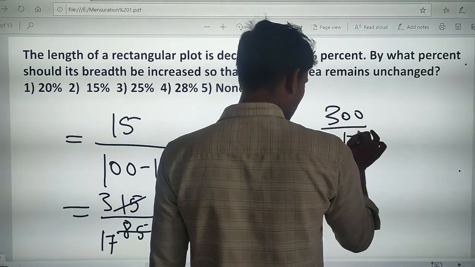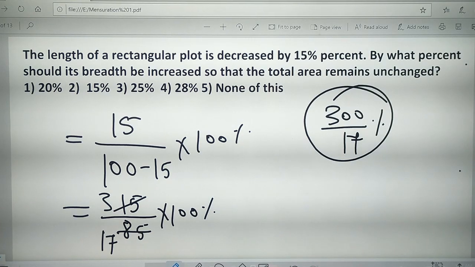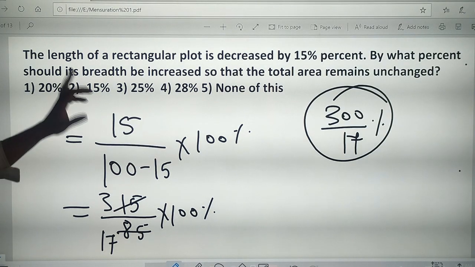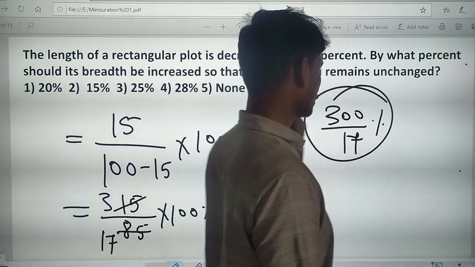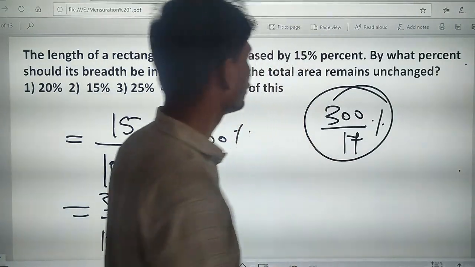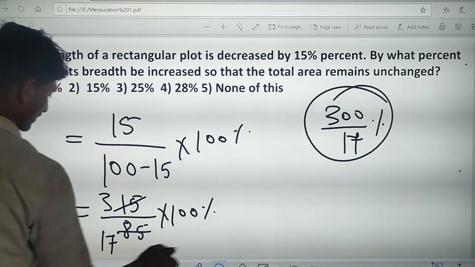Then your breadth is increased by 300 divided by 17%, so that your area remains unchanged. Now next,